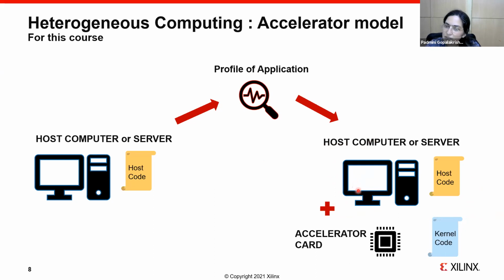I won't run it on this host or this general purpose computer. I will run it on a card which is tuned to do matrix multiplication really fast. Okay, and maybe this card is an FPGA card. Maybe it's even, if you're very rich, you could build a small ASIC that does matrix multiplication very efficiently. Right? Let's say for the purposes of this course that it's an FPGA card.